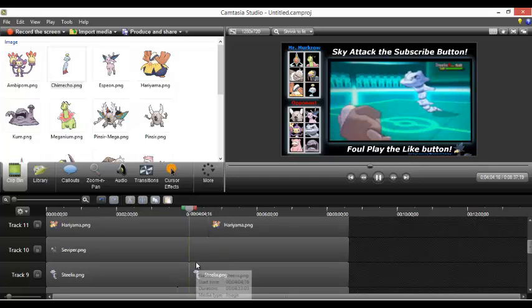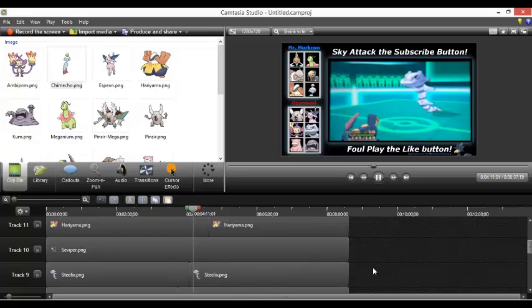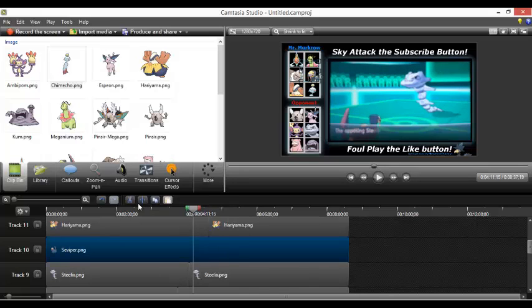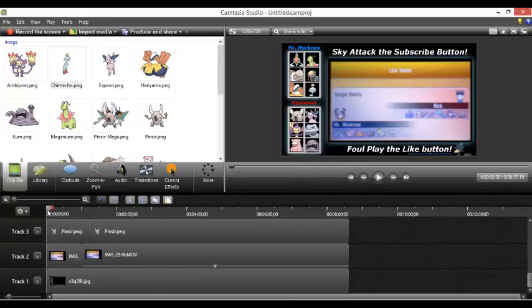So you get to see, and this video is going to come in after I post this battle, so I'll leave a link in the description to see this battle. I forgot to put in the cut for Seviper there, but it's important. So now we've got all these Pokemon lined up, and now we're going to take our cursor and line up to the point